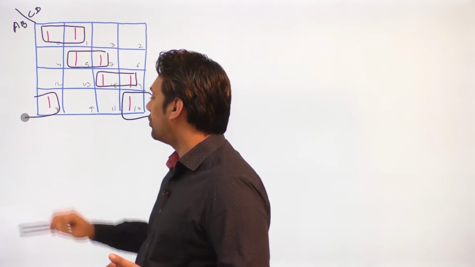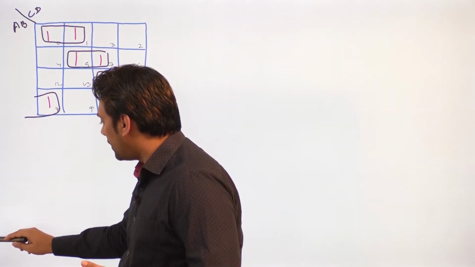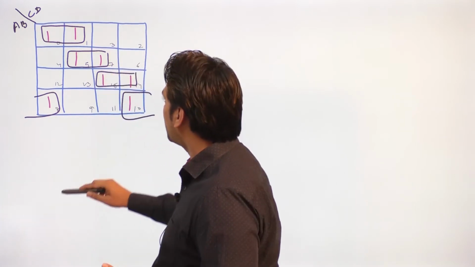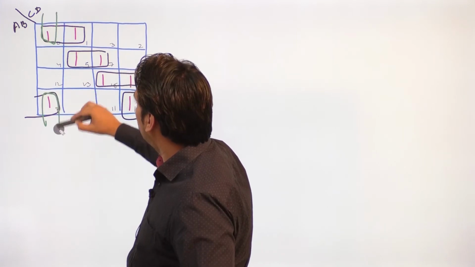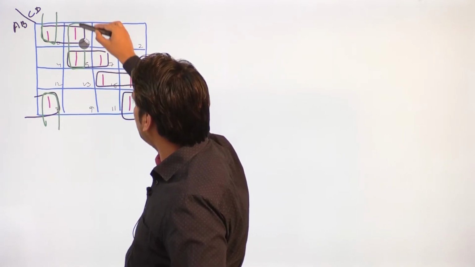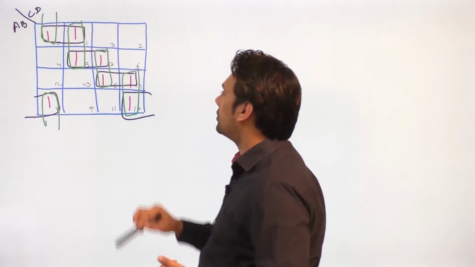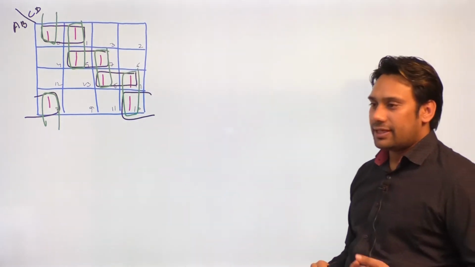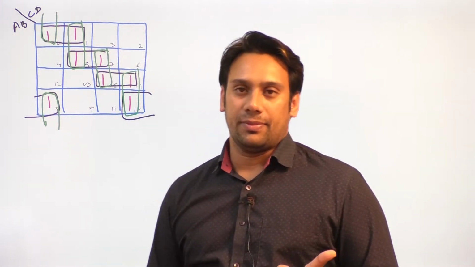आपके पास ये भी एक subcube हो सकता है, but apart of this you also have other subcubes. इसके अलावा और भी subcubes आपके पास possible है. You can combine this one with this one, you can combine this one with this one. आप इन दोनों को combine कर सकते हैं. You can combine these two. So you can clearly see that in this diagram we do not have any essential prime implicant.